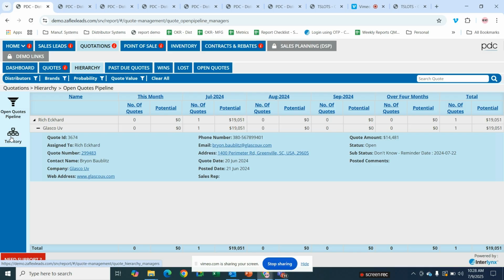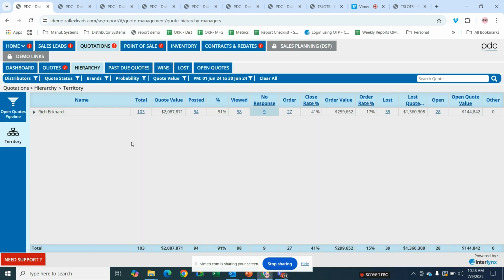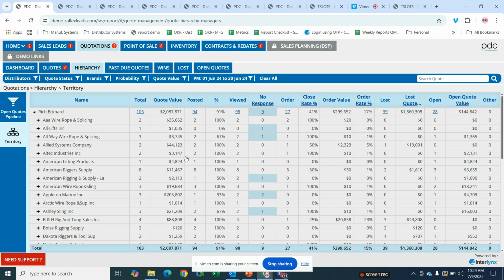So once you click on the next tab, that's territory, you would see the performance of the quotes on which you acted upon. So here you can see feedbacks of your codes, and you will see valuable insights into your code feedback. The no response column shows codes that still need updates. So here I can see like no response 9, and then you can see all the codes, the detail of the codes if you drill down further, and you can see the output on each of the quotations that you